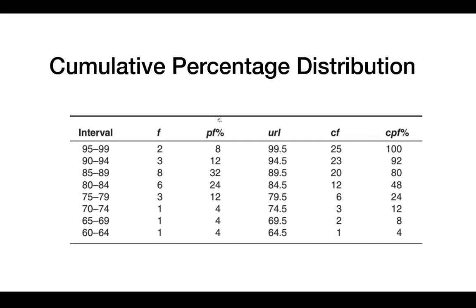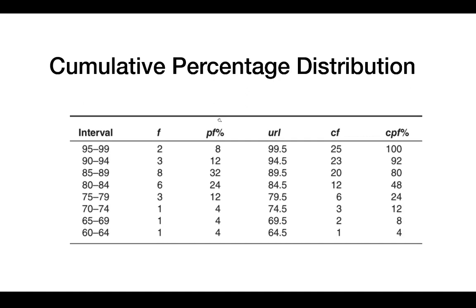It is important to note that the cumulative percentage entry for a particular interval corresponds to the upper real limit of that interval. For example, across the interval 85 to 89, the CPF percentage